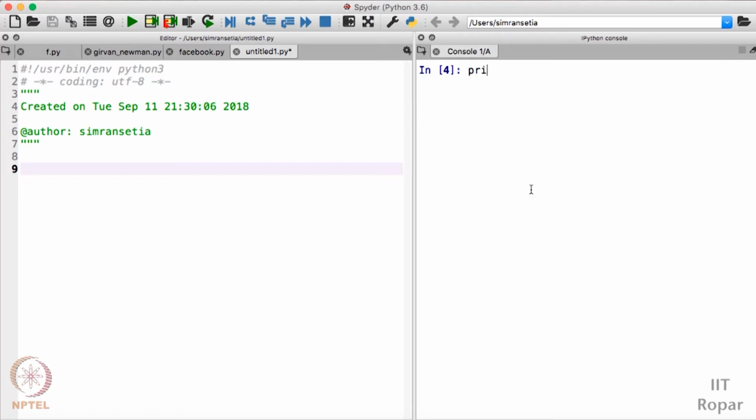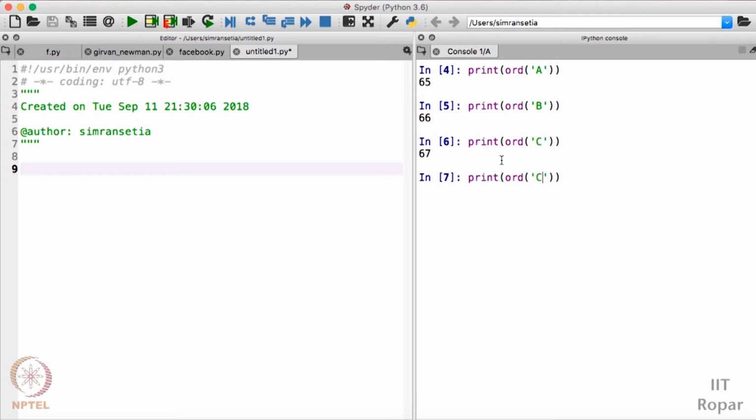For example, I need to find the ASCII value of capital A. So I'll just write capital A. We have 65. As I already told you, the ASCII value of capital A is 65, of B is 66, of C is 67. So we will just cross check whether it is giving us the right ASCII values. So here it is 66. Then capital C, we have 67. Now I'll check the value of capital Z, which is basically 90.